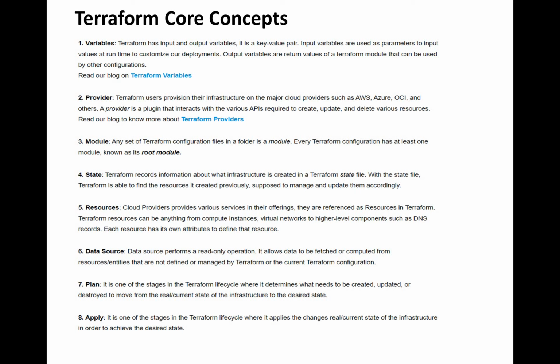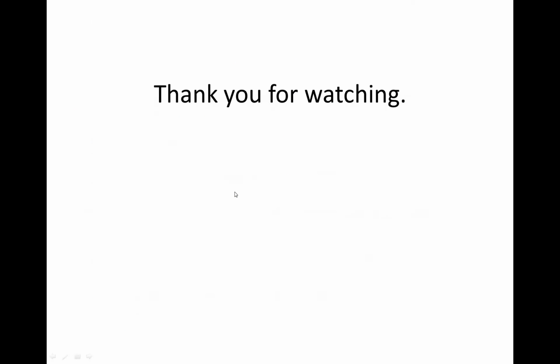Plan we already covered, as it is part of the Terraform lifecycle: create execution plan. Apply is a command of the lifecycle. Last command is apply, which applies your resources to the cloud. So this is the part of this video which we covered as the first video. Next we will be covering installation of Terraform and